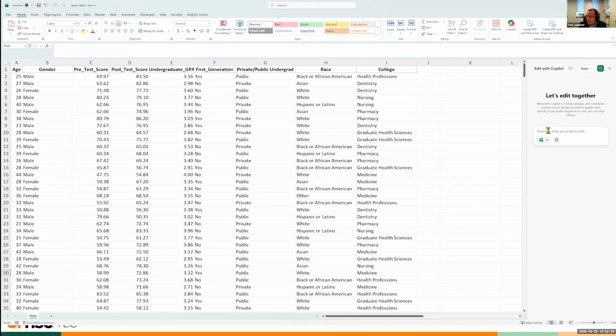But let me just do this. I'm going to say, create a pivot table of race and college. While I'm doing this, you can do any of the things that you would normally do in Excel. If you wanted the mean of age, you would just type that into the prompt. What's really nice is that it not only gives you the answer in that chat, but it will also create a spot